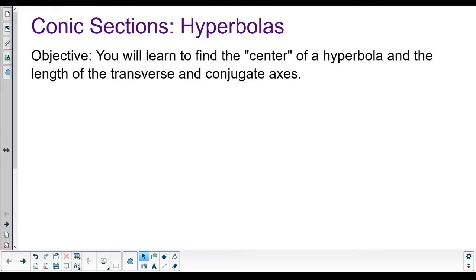Hey, what's up, everybody? We are going to talk about our last type of conic section today, which is the hyperbola. And this is not the thing that your English teacher tells you not to make when you're describing the